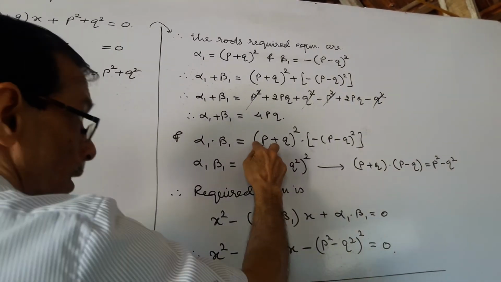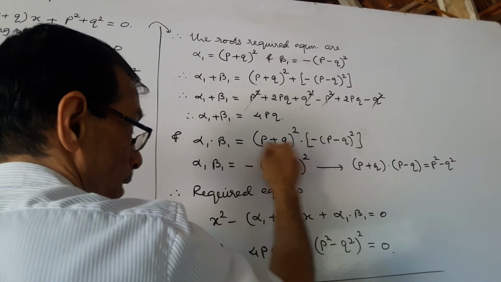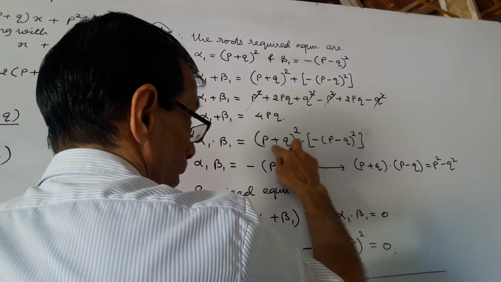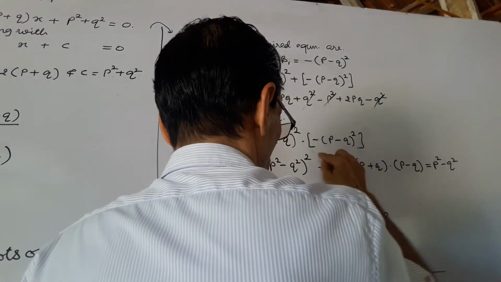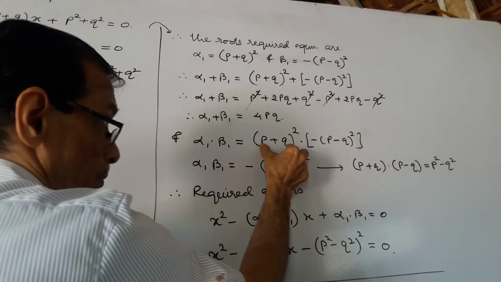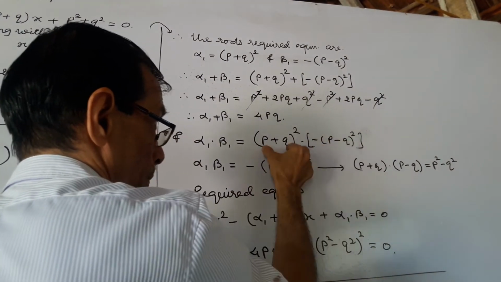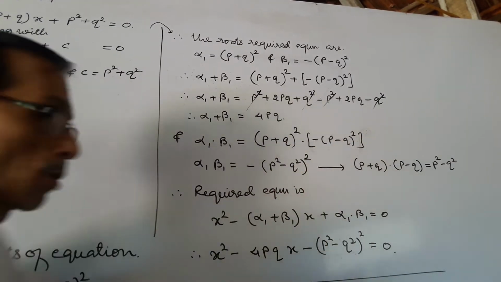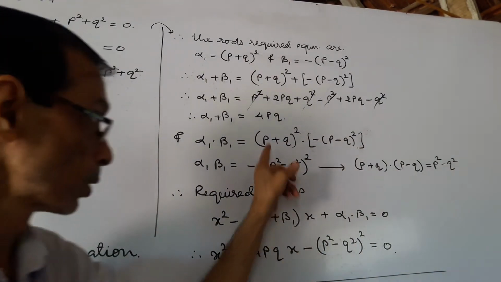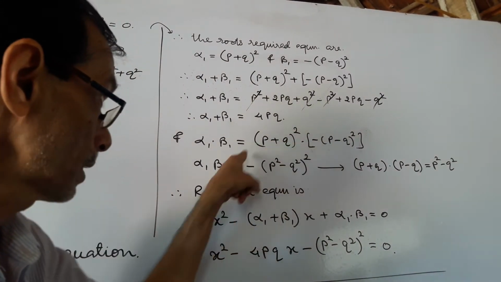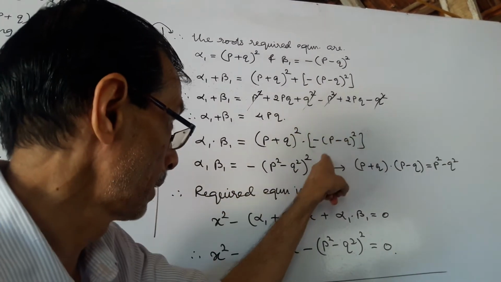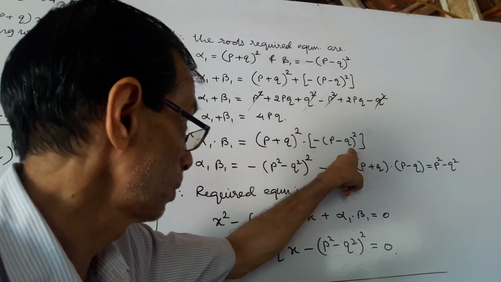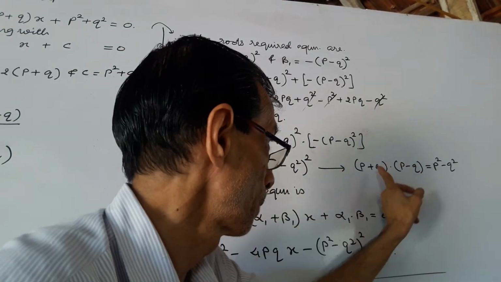Now you find that this is plus and this is minus, so plus into minus is minus. Now here both are square, so let us take both square, but inside p plus q and p minus q. So p plus q into p minus q will become p square minus q square. So once again, plus into minus is minus, square will become here square. So the bracket remains p plus q and p minus q. So p plus q into p minus q is equal to p square minus q square.